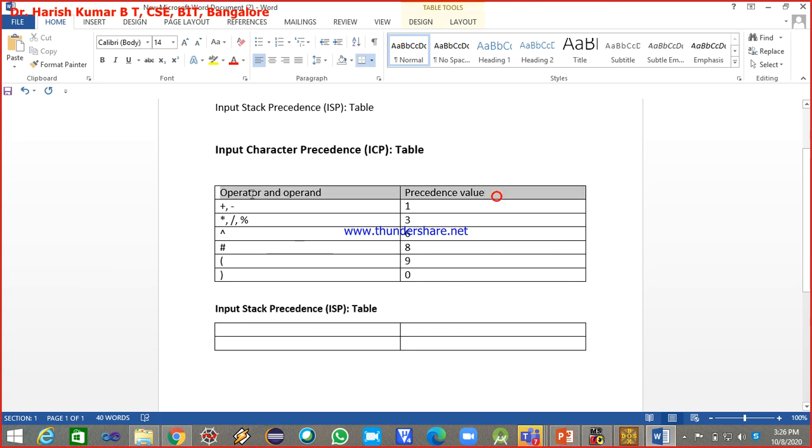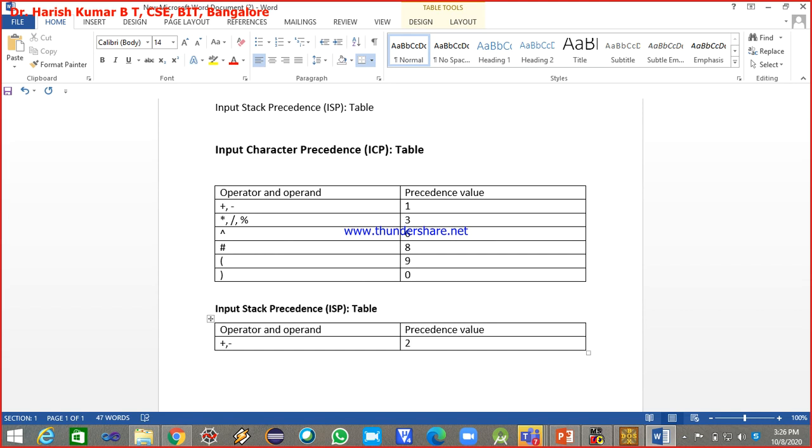Again here also I'll take the operator, operand, and then the precedence value. So in the ISP table, for plus and minus, I'm assigning the precedence value 2.